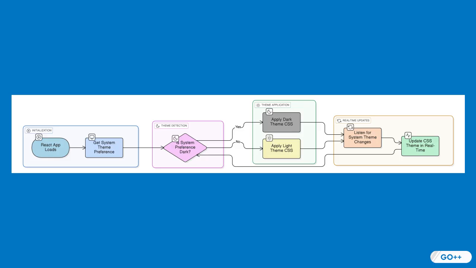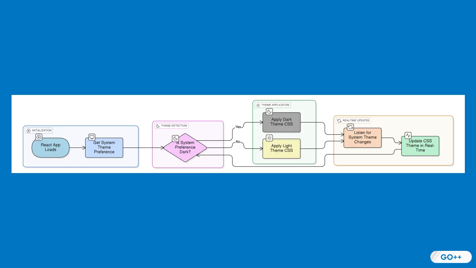Imagine a world where every device, from your phone to your laptop, adapts to your needs without you lifting a finger. Automatic dark mode in web applications is a manifestation of this principle, aligning digital experiences with personal preferences and physical environments. At its core, automatic dark mode leverages the browser's ability to detect the operating system's color scheme, whether a user's system is set to light or dark appearance, and allows the application to update its visuals accordingly in